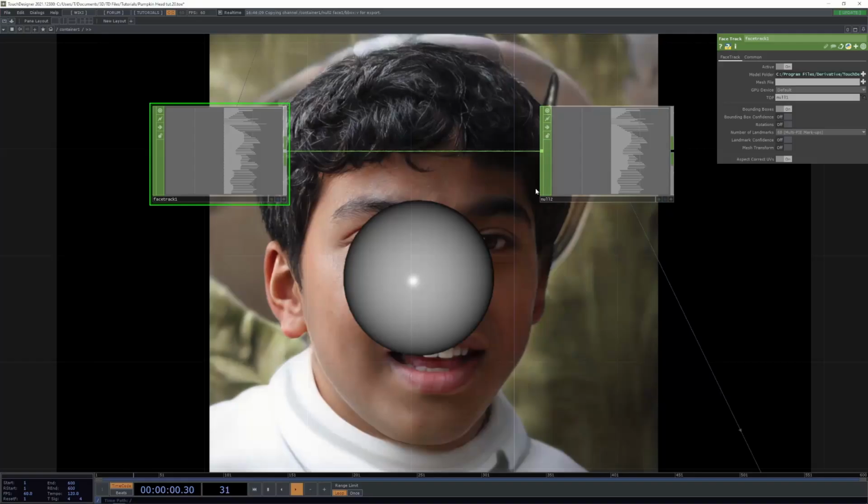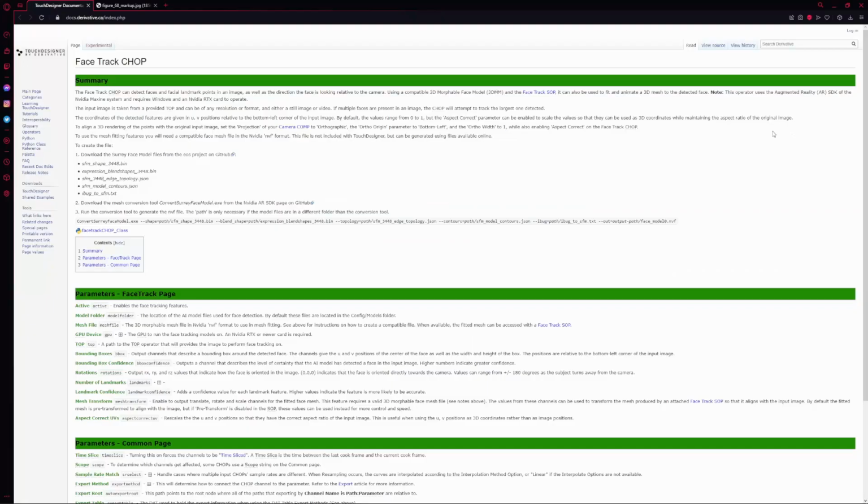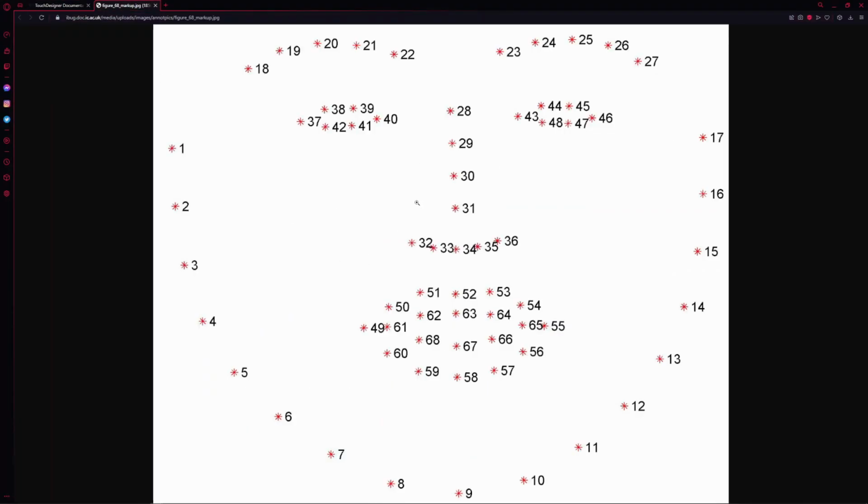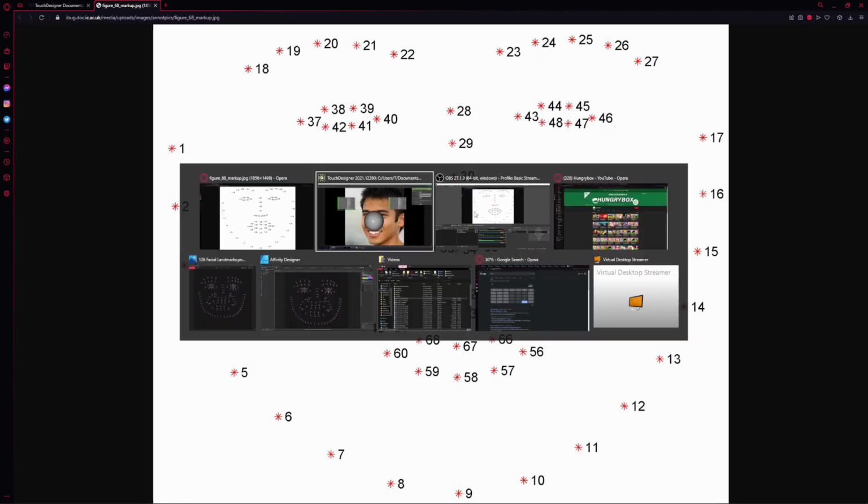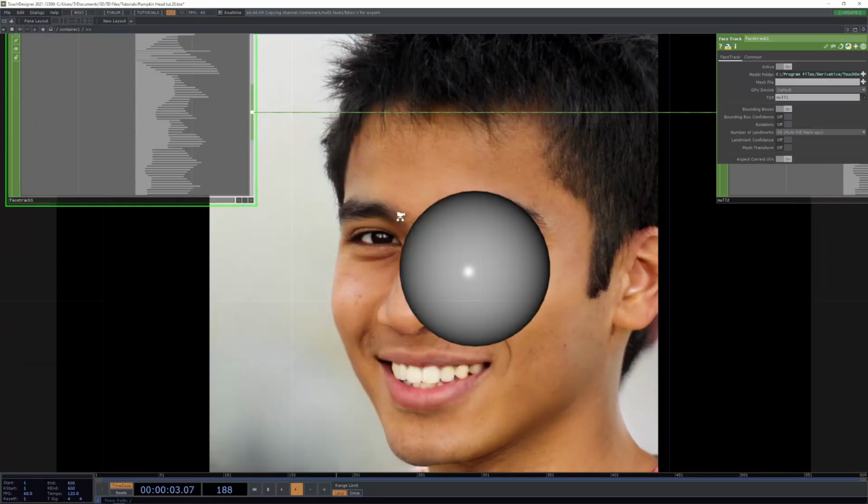If you look up this 68 multi-pie markups on Google, you'll probably see something that looks like this, which is basically a bunch of points on your face that line up with it. But if you have that set up,